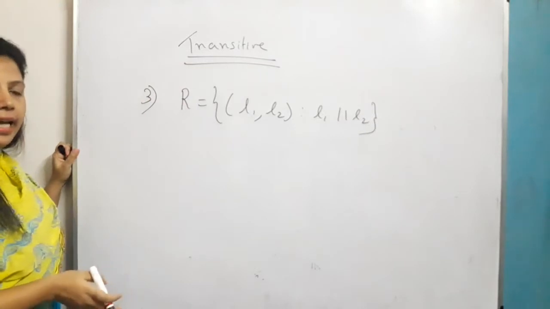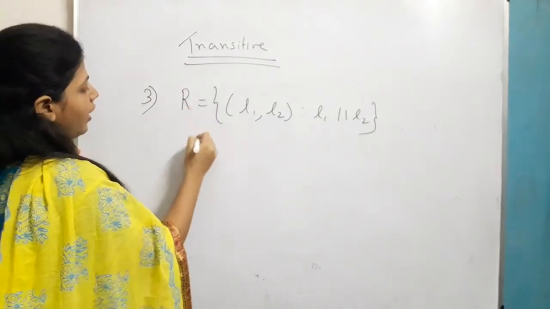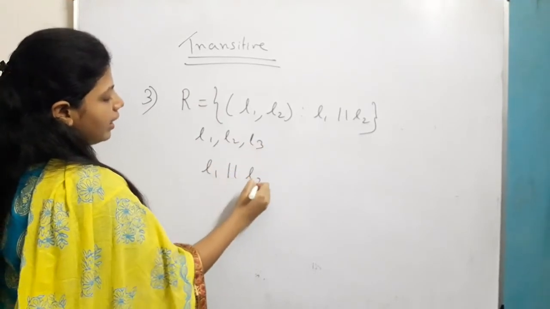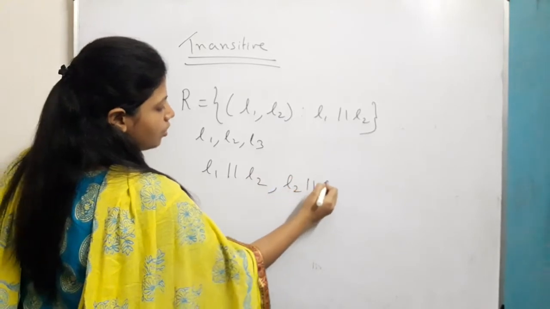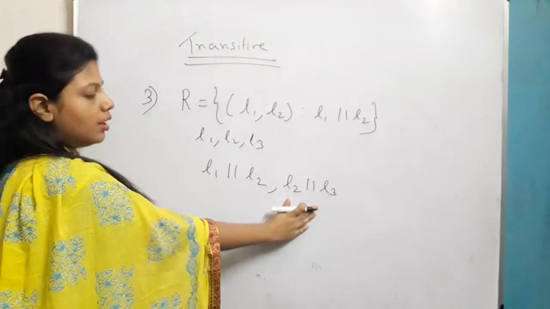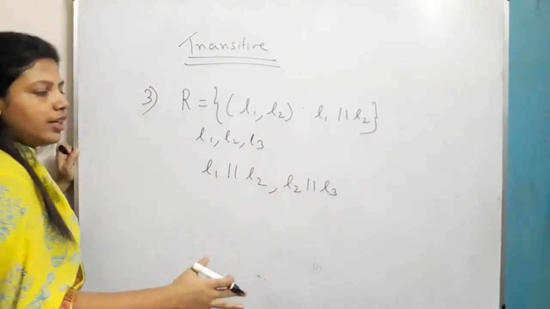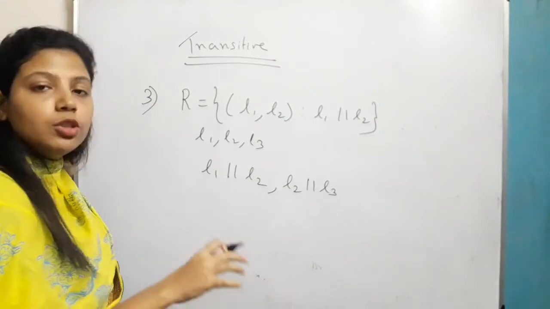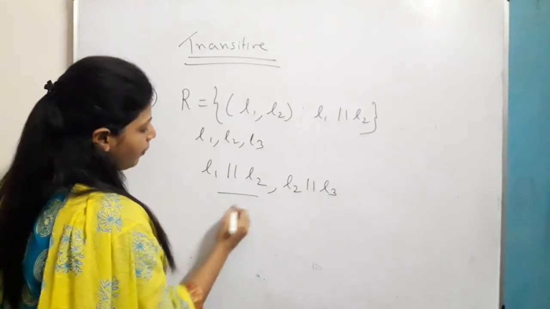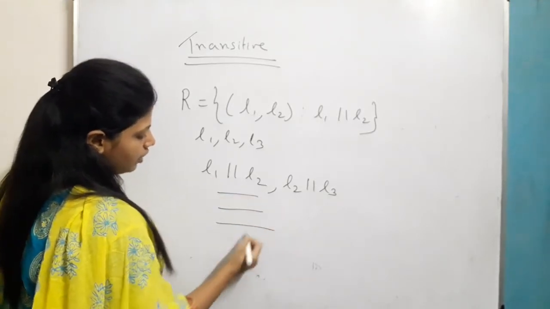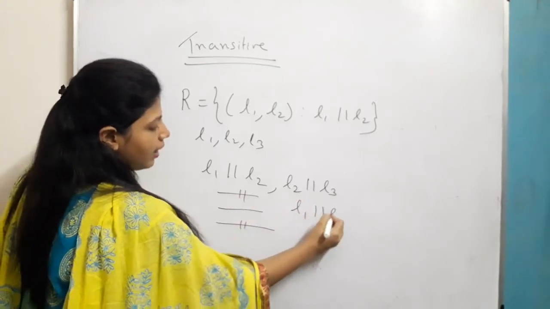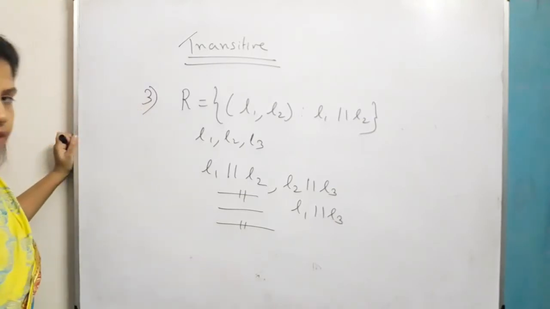Take two lines L1 and L2, and to check this one I have to take one more line, that is L3. Now L1 parallel L2, L2 parallel L3. This one I am taking from 2 dimension, not of 3 dimension. Both are L1, L2, L3. Whatever straight line I am taking here, all of them belong to a 2 dimensional plane. 2D means the floor also you can take. So L1 parallel L2, L2 parallel L3. So obviously these two are also parallel. That means L1 parallel L3. It is also transitive.